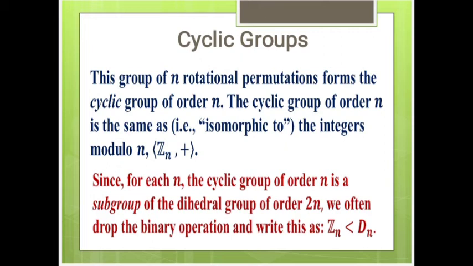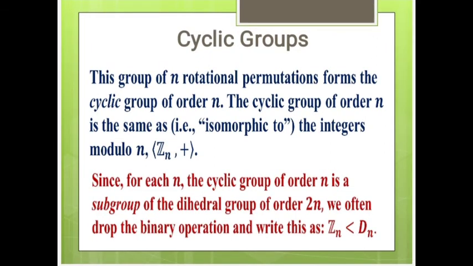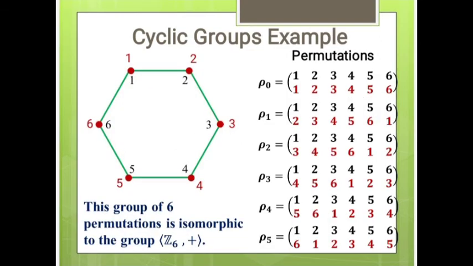Since for each n, the cyclic group of order n is a subgroup of the dihedral group of order 2n, we often drop the binary operation and write this as Z sub n less than D sub n. It is an example for cyclic groups. Using this figure, we determine